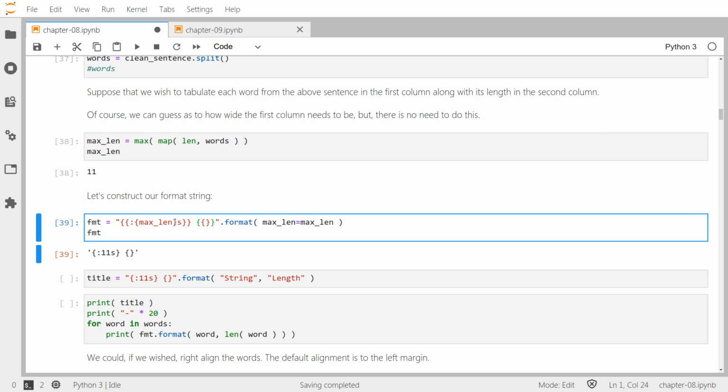And so this is going to be treated as a placeholder, obviously, because I don't have double braces around it. So I'm going to be putting the maximum length inside. There would be 11, so I would be formatting this thing with 11s. So 11 spaces would be reserved to display all the words. So if I just simply use this,